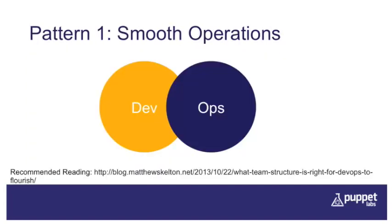So the first pattern is one in which Dev and Ops remain distinct teams, but they still work really closely together to deploy applications. The goal is not to have Devs do operations and Ops do development. It's for each team to have an awareness and understanding of how their work impacts each other. Devs can teach Ops a lot about agile development practices, and Ops can help Devs understand how their apps will